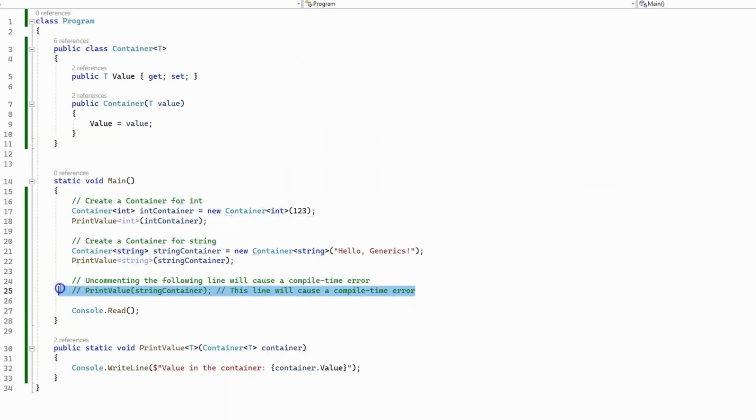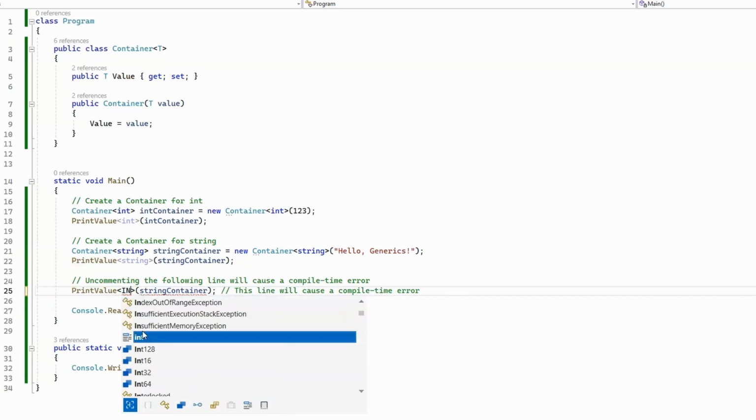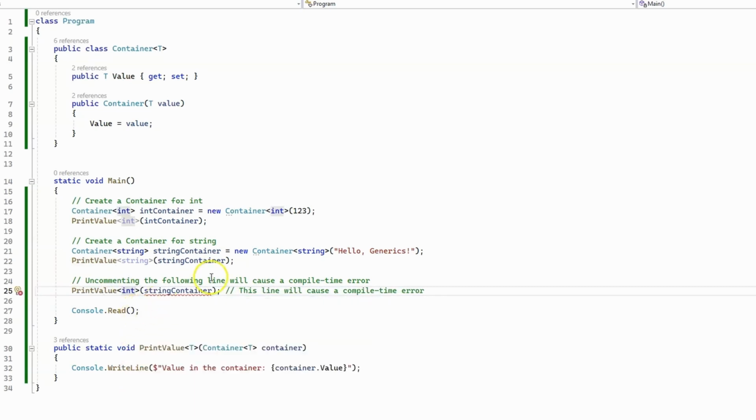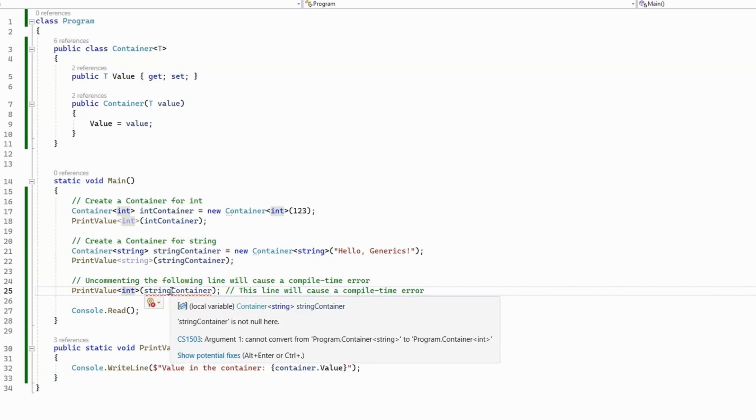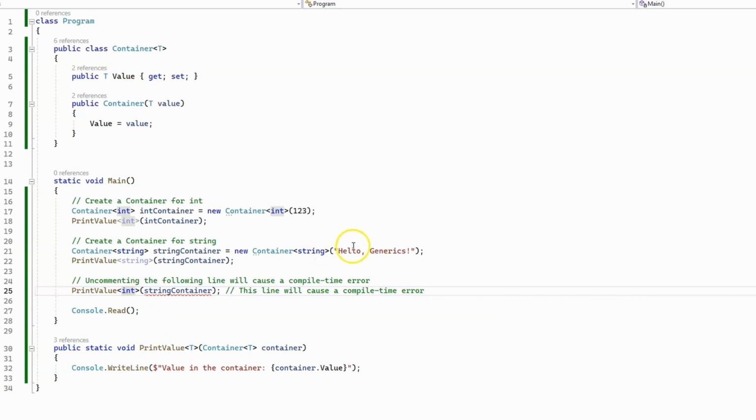Now if I take a look at this line of code right here, the one that is commented, this line actually demonstrates how generics enforce type safety. If I remove the comments from this line of code and I specify the input parameter as int, but use the container with a type parameter string, we are getting a compile time error which says we cannot convert string to int,